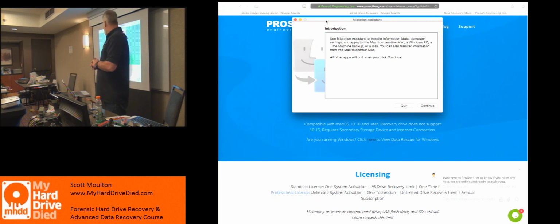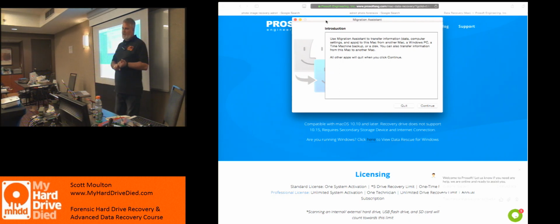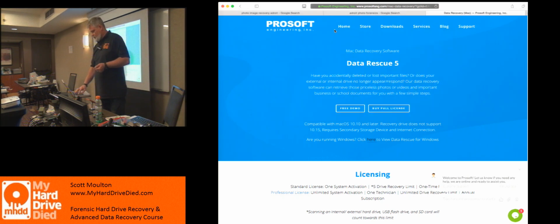Okay? Outside of that, most of the RAID arrays that I've run into that have anything to do with Macs are software RAID arrays. And the software RAID arrays can all be processed inside of our studios. There's nothing different about a software RAID array, except for whatever choice that they made for 0, 1, or 5. So those are your 3 choices for how you do your software RAID arrays. Most people are just using a stripe set or a mirror set. That's all they're using. So I don't normally have to deal with RAID arrays on a Mac. It's super rare. I haven't had to since the Xserve, the server that used to exist. Okay? All right,